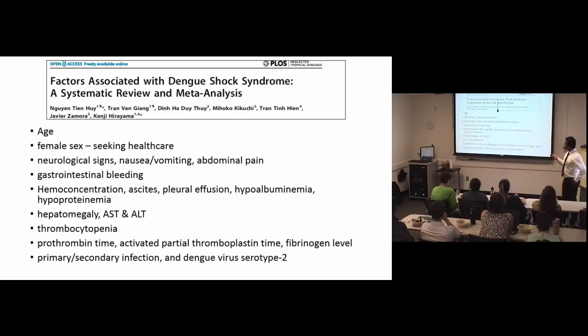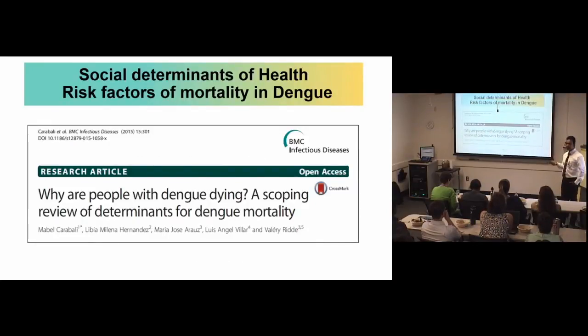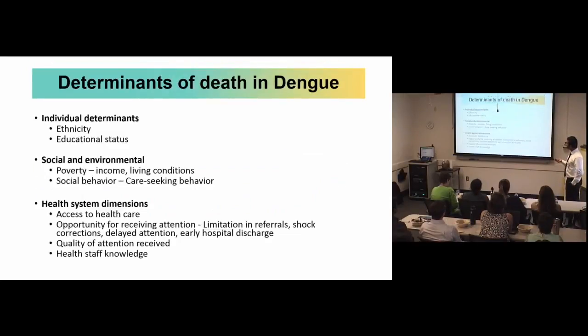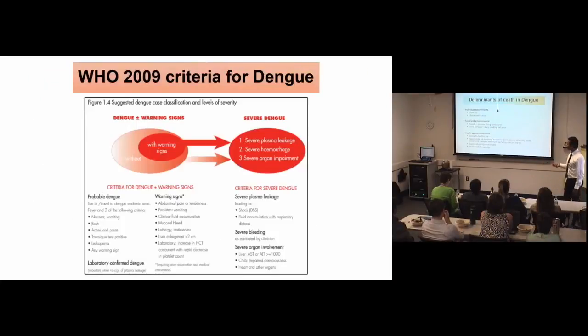Another systematic review and meta-analysis again defines all these parameters. This is the extensive list. And importantly, there are some social determinants that we must not forget in a tropical setting. In this article, they mentioned ethnicity, educational status, poverty, income, and social behavior, and also some health system dimensions that we should not forget: the knowledge of the doctors about dengue management, the knowledge of the patients as well, and the referral centers. All these may account for the late presentations and also the severity of dengue. So the 2009 criteria